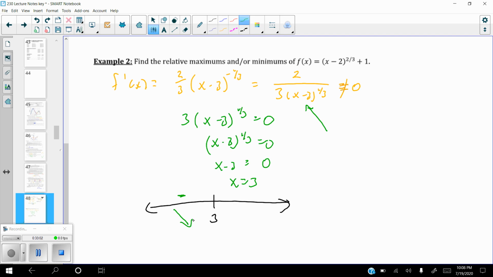Now I'm going to plug in something which is greater than 3. Again, make it something easy, like 4. If I plug 4 into here, 4 minus 3 is 1. The cube root of 1 is 1. So we're going to get positive 2/3 out of that, which means we have a positive value. Therefore, the function is increasing. So it looks like we have a relative minimum because my function goes from down to up. Here's what you have to double check. Because 3 ended up being,